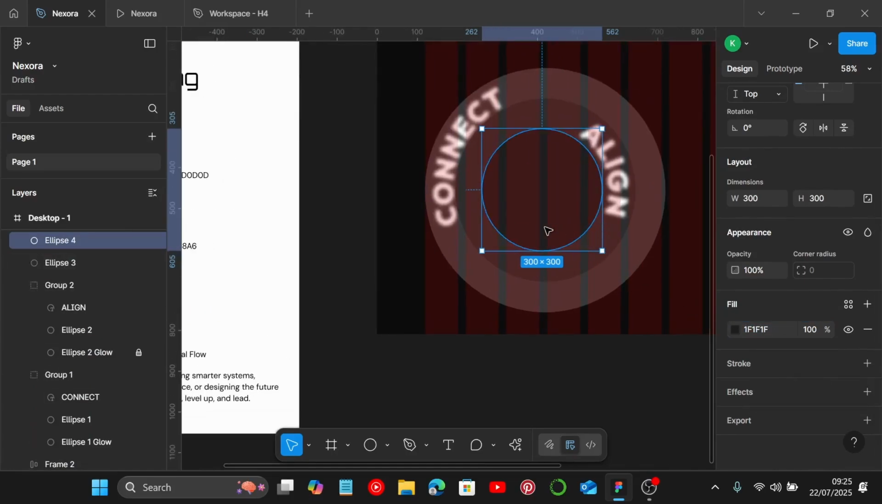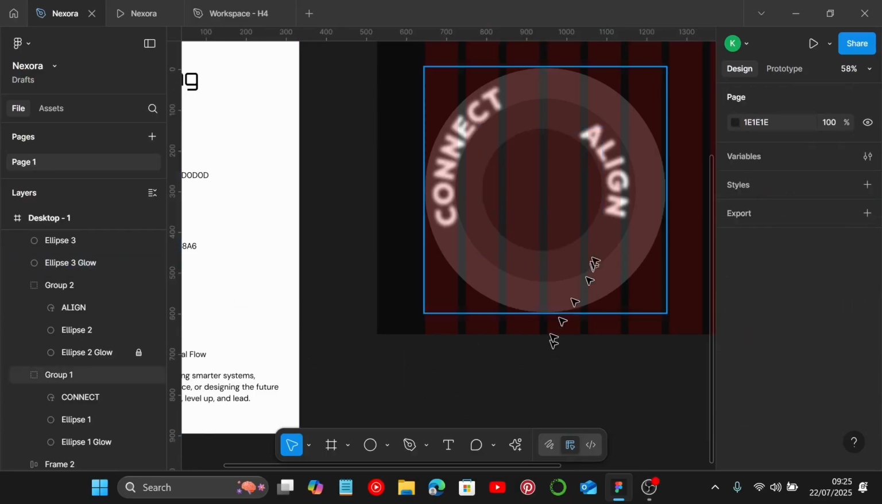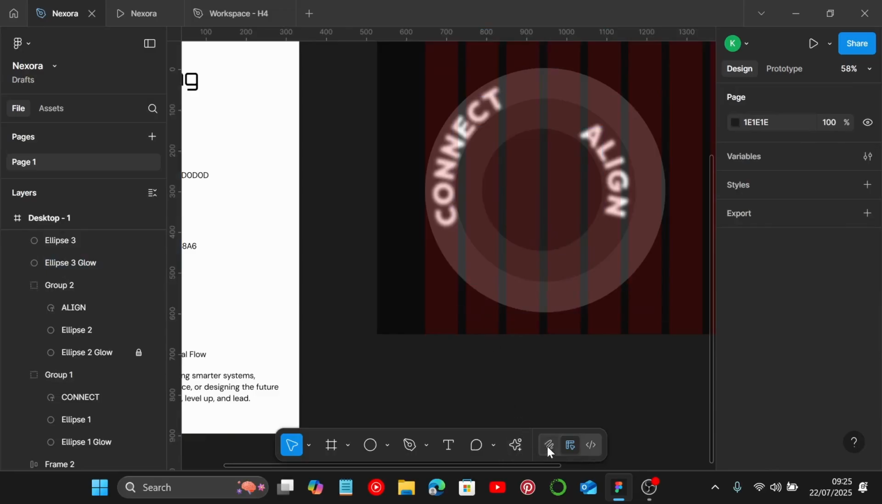Once again, Control D, duplicate ellipse 3, move this one to the top, and we're going to rename the one at the bottom ellipse 3 glue, and we have this. Once again, let's go to draw mode. So I'm just going to select this,